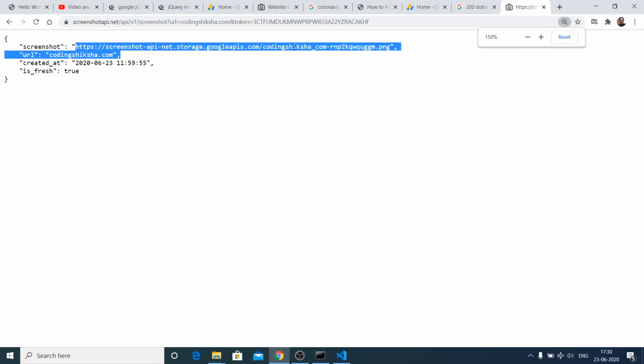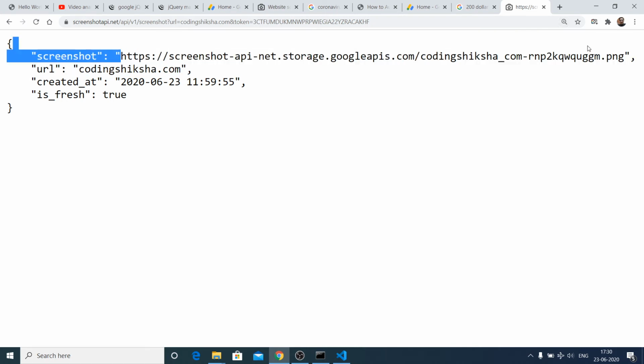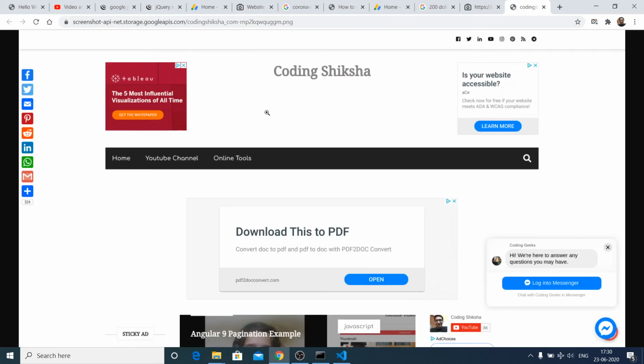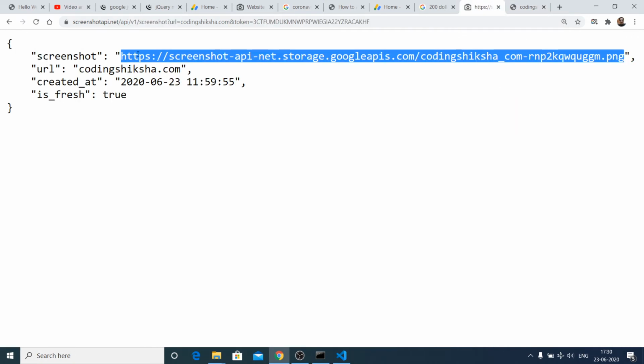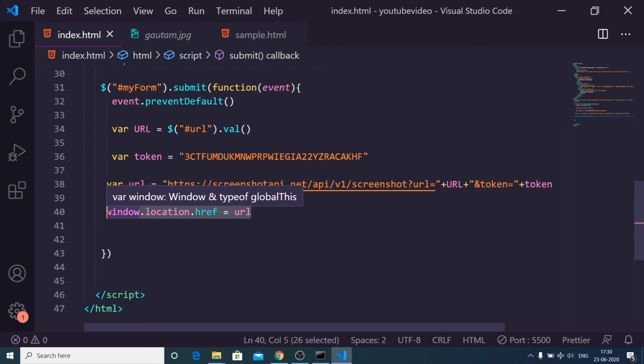If you just zoom in here, you will see a screenshot variable is there. If I go to this URL, this is the image. You can see that this is my coding Siksha image, which it has taken a screenshot of. Now we just need to display this information. It is pretty simple, as we just need to make a simple get request.